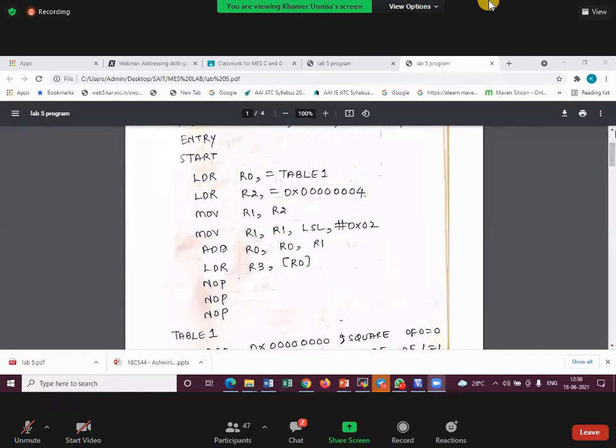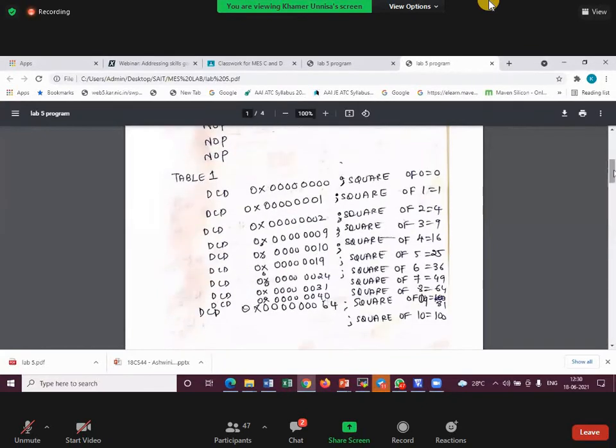1 minute, I'll just go more down. First, before I explain the logic again, we know that the square of 0 is 0 itself. Square of 1 is 1, 2 is 2. These are the semicolons, guys, and semicolon is used for comment purpose, correct? And now from here till here it is fine, because hexa format till 9 it is okay. But square of 4 is what? 16, correct? But we know that the hexa format of 16 is 10 if you convert it.